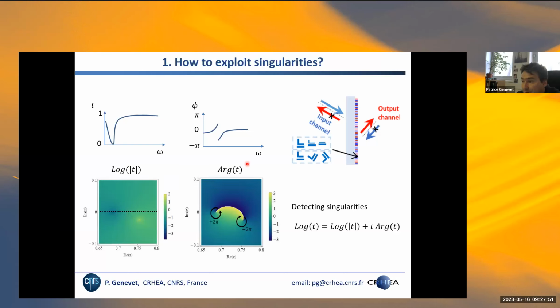Now, if you look at the phase associated to this transmission coefficient, you see at the position where you have these singularities, these zeros and poles here, the spectral optical singularities that I mentioned before, where you start to have a circulation of phases that start exactly at the position of those zeros and poles. And it's very striking: they are connected singularities with clockwise rotating phase for the pole and counterclockwise rotating phase circulation for the zeros.